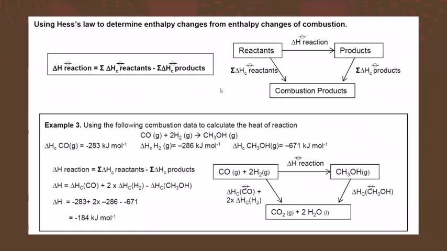Or if combustion is given, you will write the combustion products for both reactant and product. Then combine them, and the arrows should point like this: you burn the reactant, you get the combustion product. You burn the product, you get the combustion product. So the arrow will point in. This is the thing which we discussed in the last session